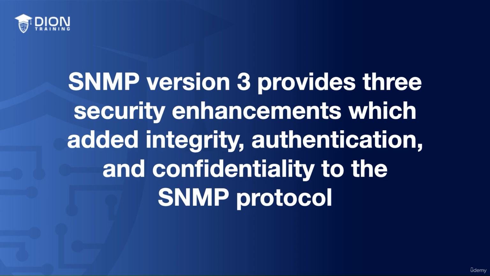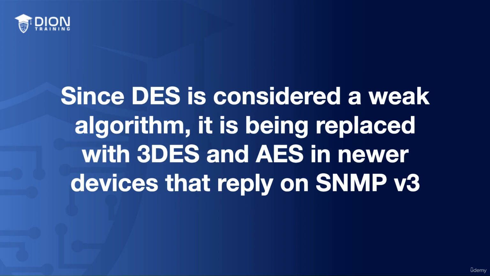For authentication, they started validating the source of the messages. That way, you knew where they came from. For confidentiality, they added encryption and they started using DES, or the Data Encryption Standard, with a 56-bit encryption key to provide confidentiality and privacy. Now, if you know anything about encryption, you know that DES is considered a weak algorithm. And so, over time, it's been replaced by 3DES and now AES, the Advanced Encryption Standard, in newer devices that